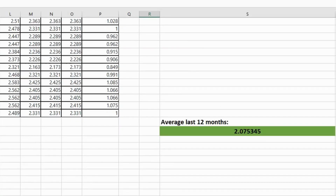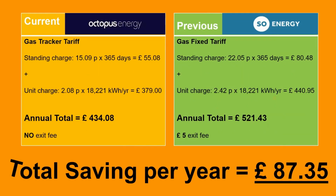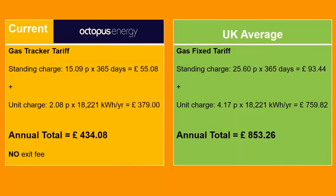Let's crunch the numbers a little bit further and see what savings there are to be had. With the cheaper average unit and daily standing charge price with Octopus Energy's Tracker Tariff compared to my previous tariff figures with So Energy, we would be set to save £87.35p over the year. Or compared to the UK average figures, a massive saving of